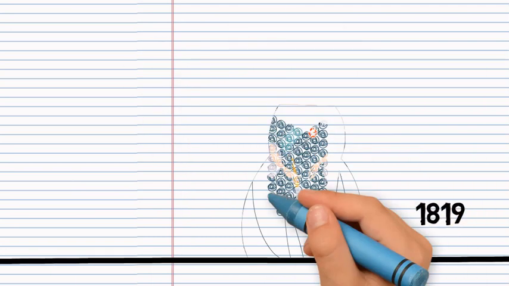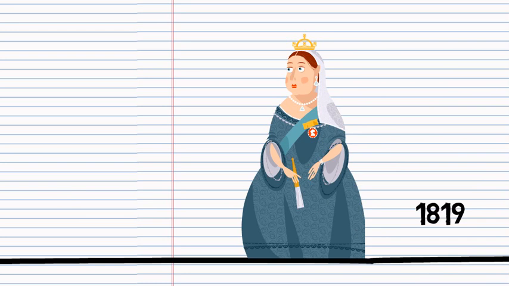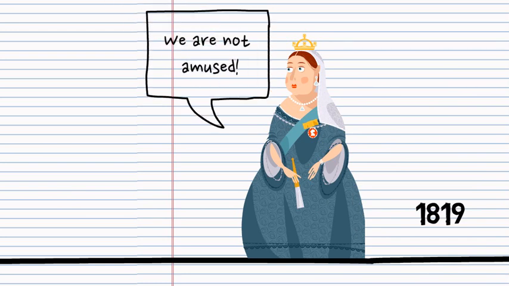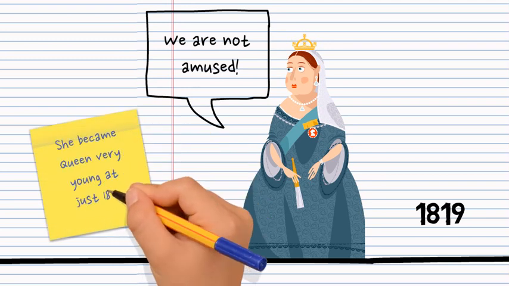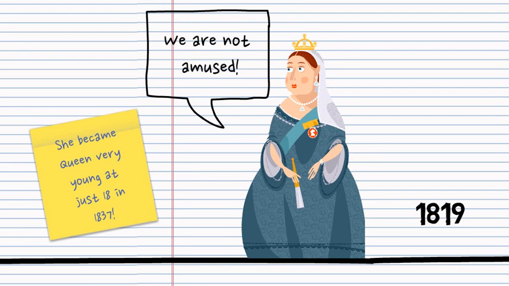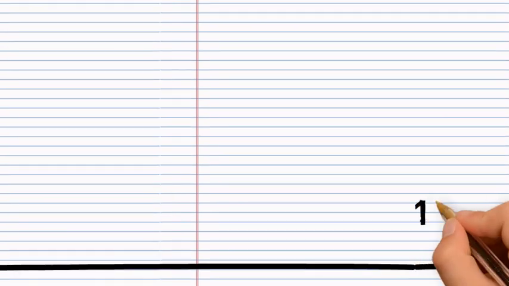We have now gone back to 1819, which is just over 200 years ago. This is another Queen of England. Do you know who she is? Yes, Queen Victoria. She was born in 1819. That's right. She was born in 1819 and began her reign in 1837. But is that far back enough in time for the ancient Egyptians? No, let's go back further again.